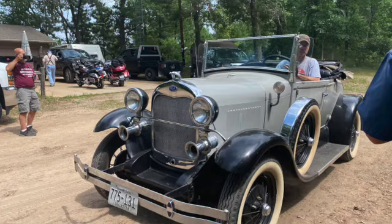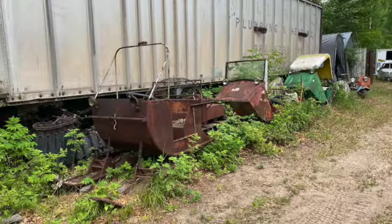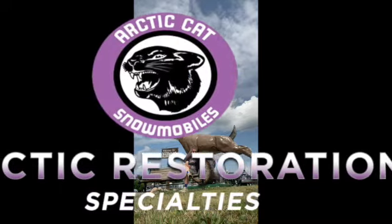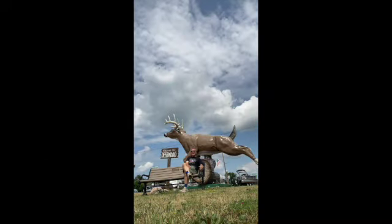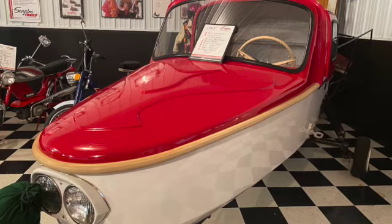Today we visited with Tony Rolfs at Rufus Ranch and had a spectacular visit. We went to Arctic Restorations, and tonight we're having our Cracker Barrel, which is a meeting of the minds where we get to sit around and shoot the breeze in Crosby, Minnesota, at the Museum for Scorpion Snowmobiles. An absolutely wonderful opportunity for